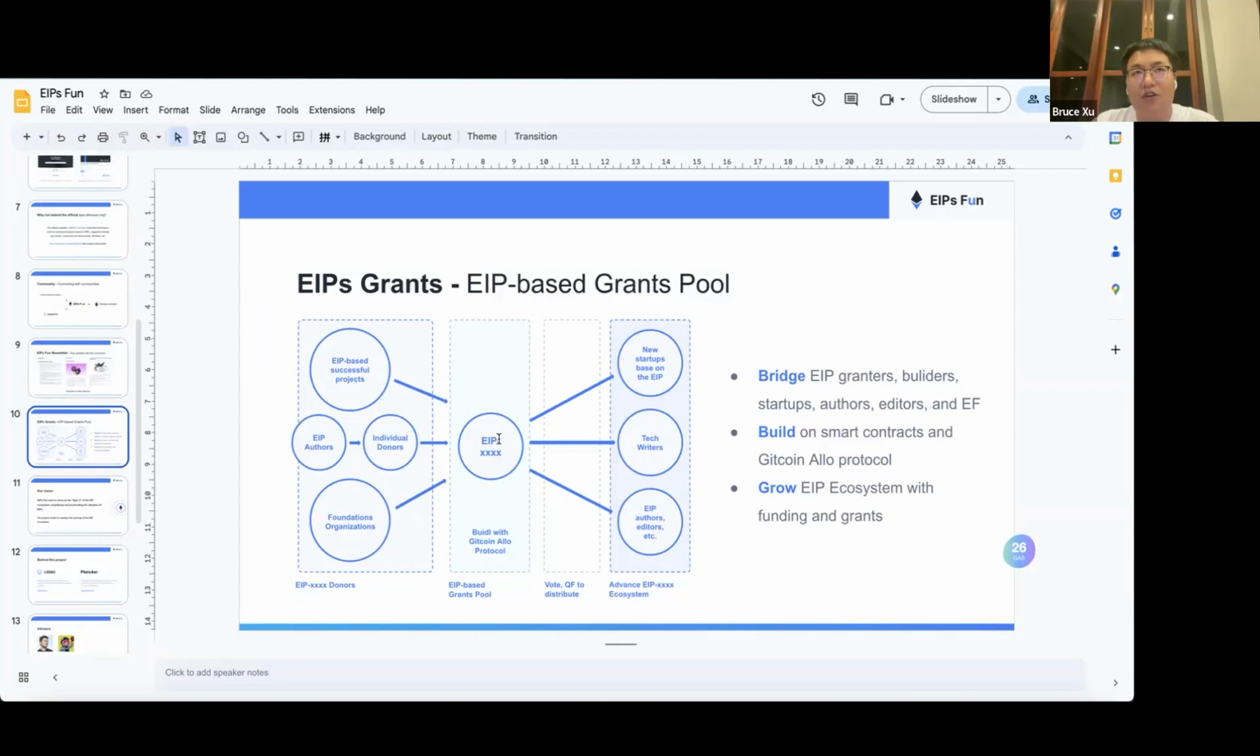So for example, for ERC-721, the NFT EIP, there are successful projects like OpenSea, Blur, and other NFT marketplaces. They would like to see many developers build tools on this EIP, and also more and more EIPs extending the ability based on ERC-721. So they can put their grants or donations into this EIP-based grants pool, which will be built on